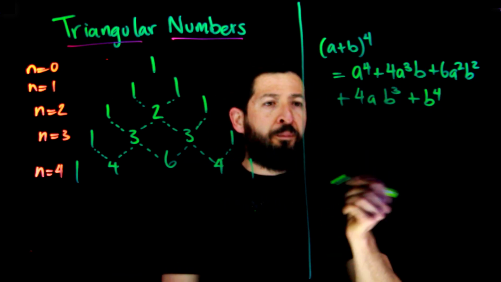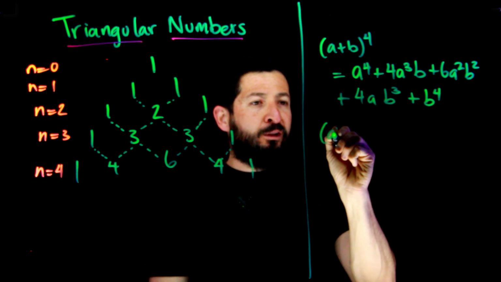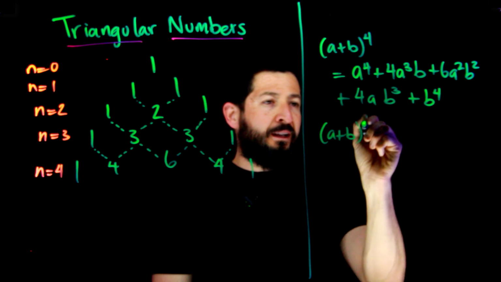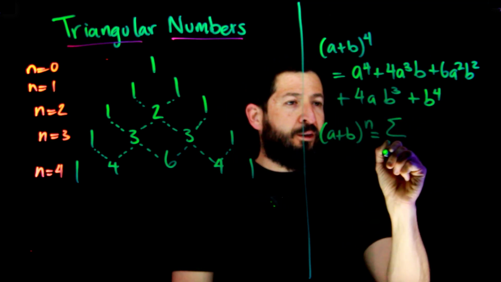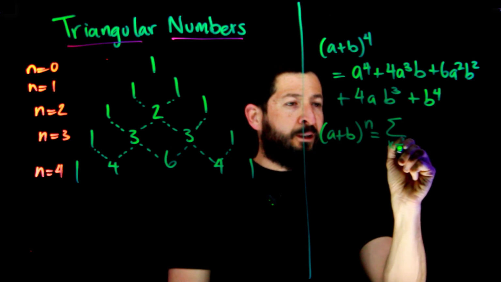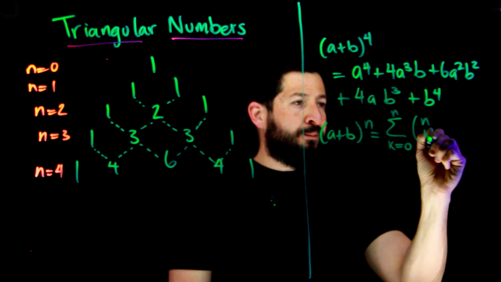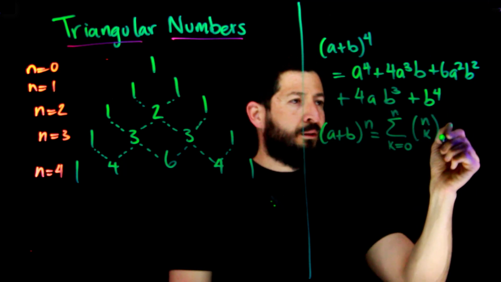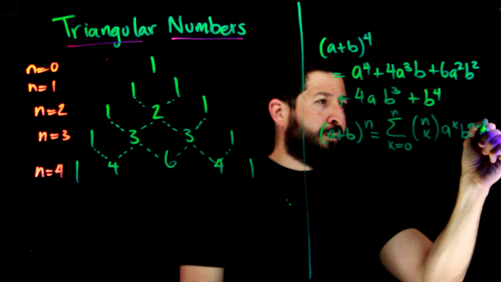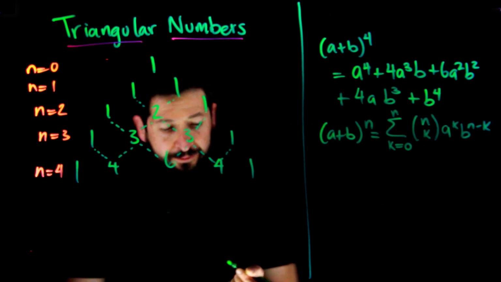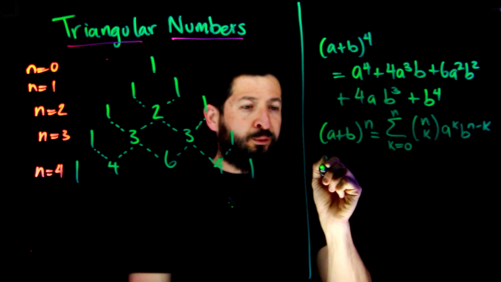But you also know, or maybe you don't, that (a + b) to the n can be written in terms of the binomial theorem, which tells you that it's going to be the sum from k equals 0 to n of n choose k, a to the k, b to the n minus k. But if we expand this for n equals 4,